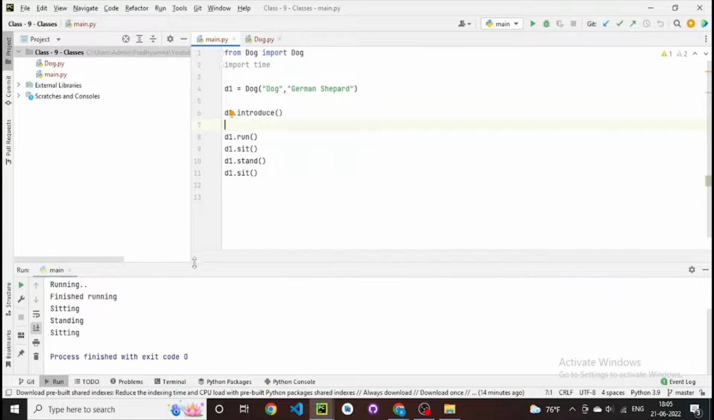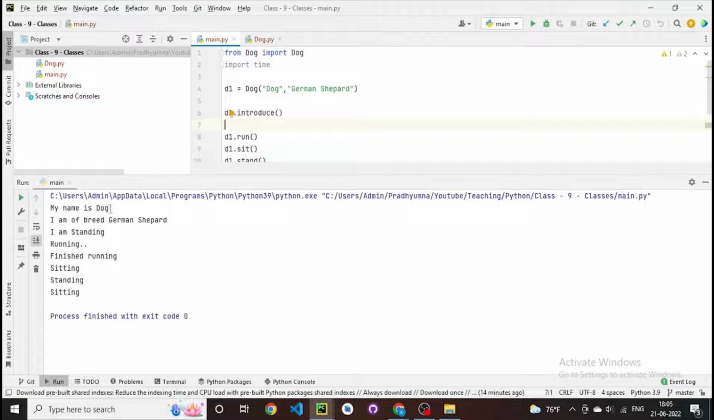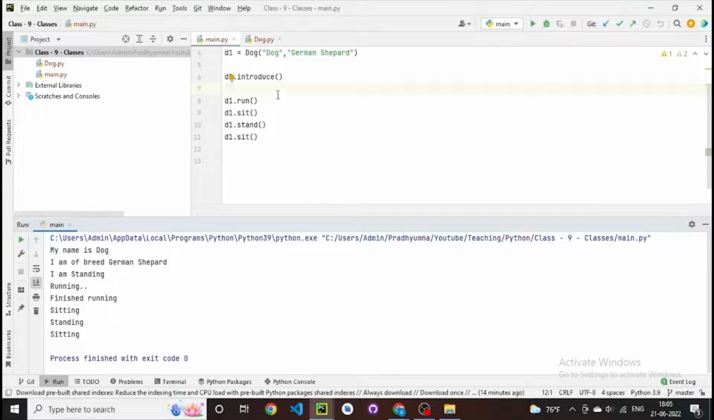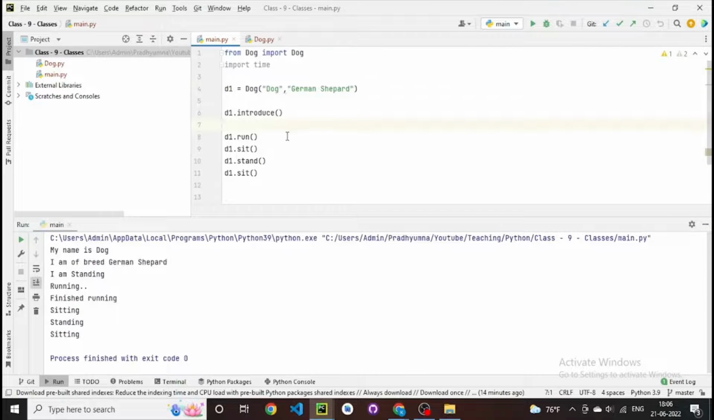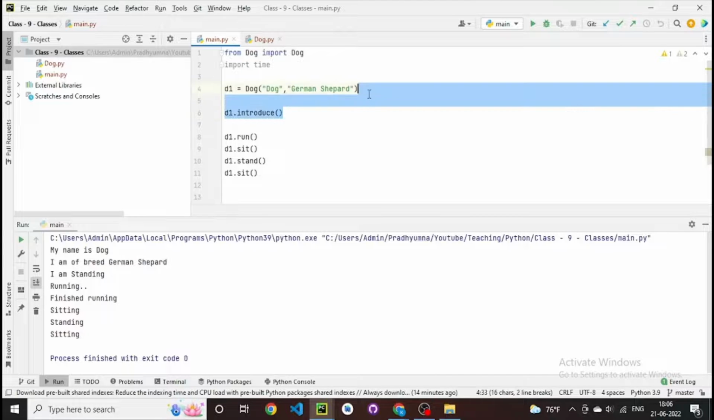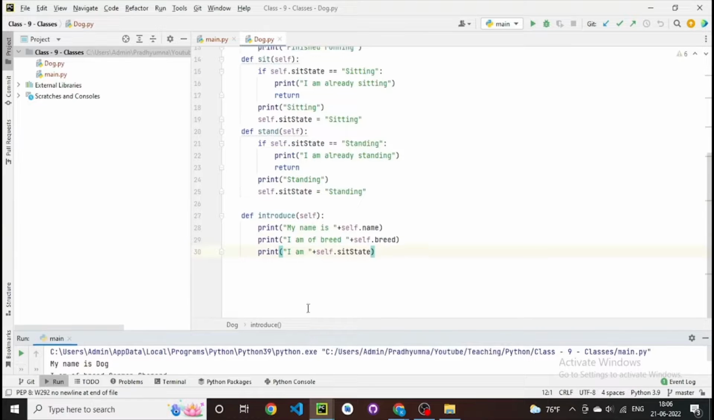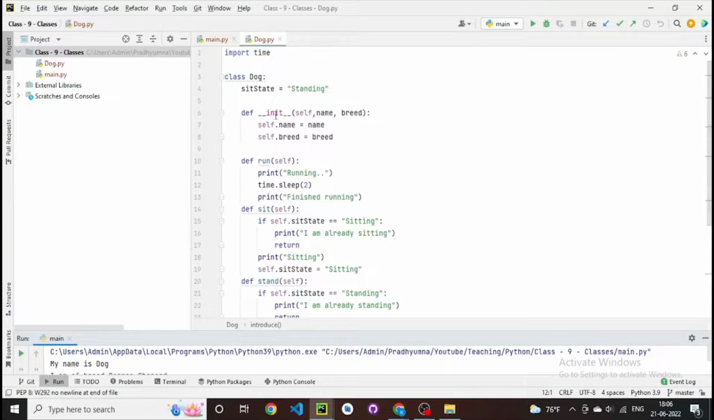So you can see that it is telling about itself. Then it ran, finished after some time, and then it stood, sat, stood, and again sat. But it would be better if, instead of us giving it in the program, the class automatically prints about itself the moment it's created. So what we do here is, in the init function, as I told, it is called